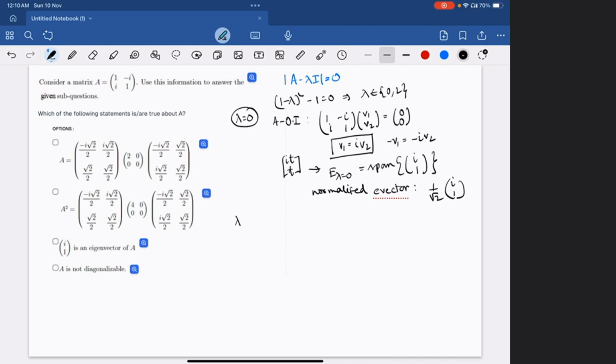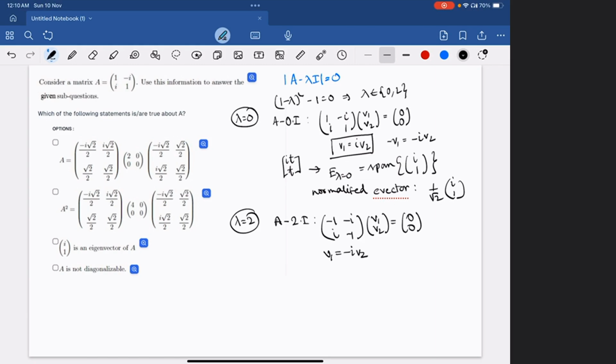Now let's do the same thing for lambda equal to 2. So first we have to write A minus 2 times I, right? So what is A minus 2 times I? It will be minus 1 minus i and then minus 1, right? So this when multiplied with some vector v, so let me write that again as v1, v2, that should give us 0, 0. Right? Again, solving this, for the first row we get v1 is equal to minus i v2,